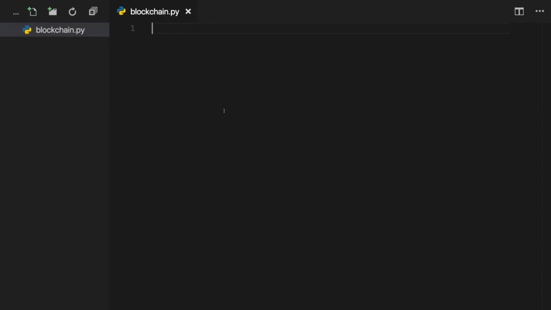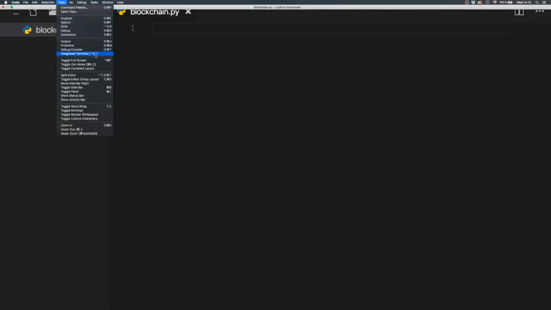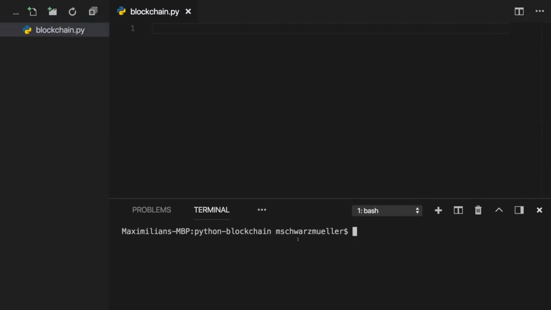Now, obviously, you might be wondering, how do we execute that file now? And the answer is from within your terminal. In Visual Studio Code, you can also go to View, Integrated Terminal, or use the shortcut which is displayed there. And this will open your normal operating system command prompt or terminal, automatically navigated into your project folder. And there you can run python, then a blank, and then the name of the file, like blockchain.py in this case, and it'll execute that file. And in this case, it does nothing because there's nothing in the file.